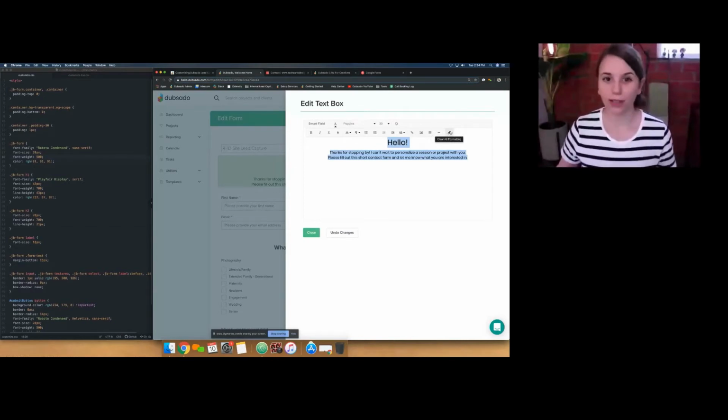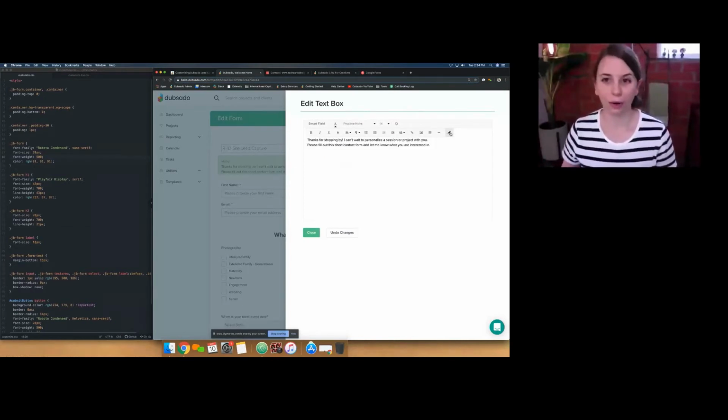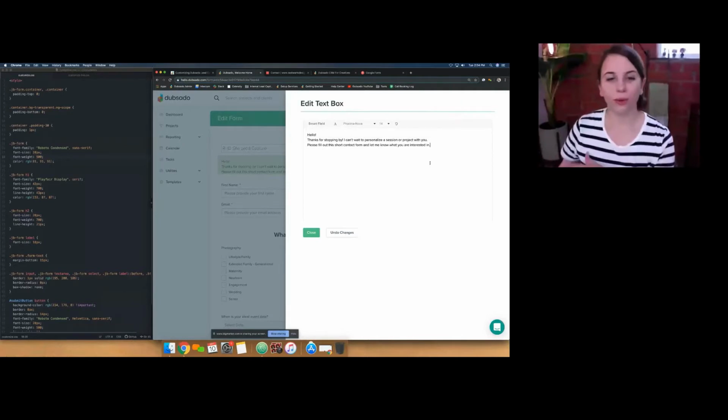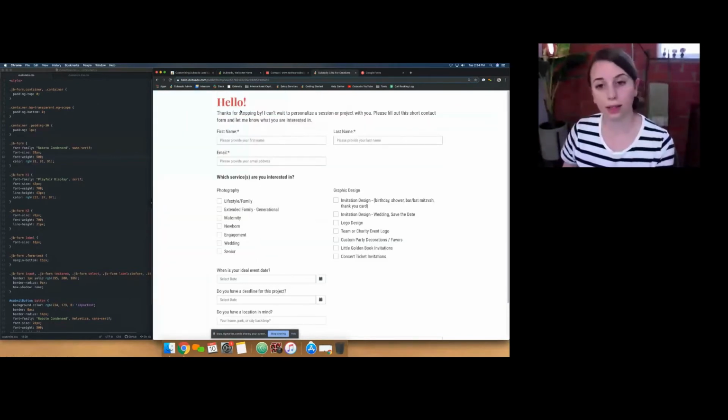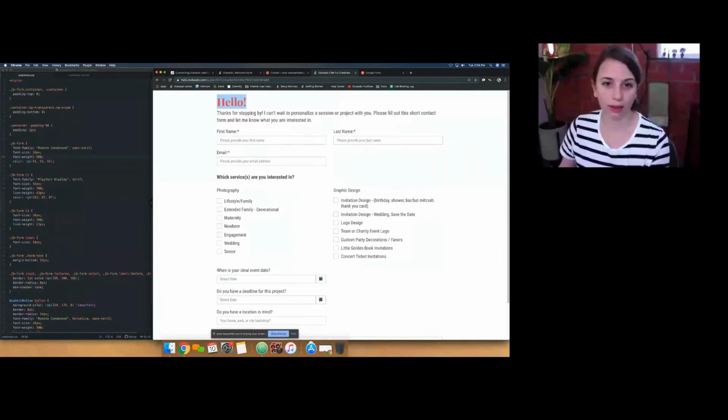So if we look again at our goal with the form here, we can see that the hello, this is our heading 1, and it's in that pretty red color. And this is Playfair Display, the font. And then our body text is in Roboto Condensed, and it's a different color. So all I want to do right now is just set up that the hello is going to be our